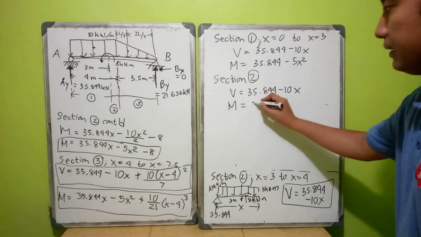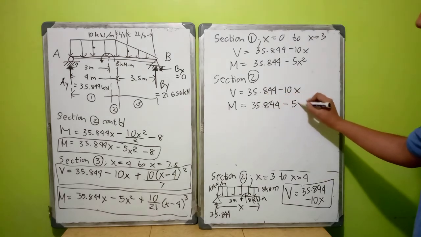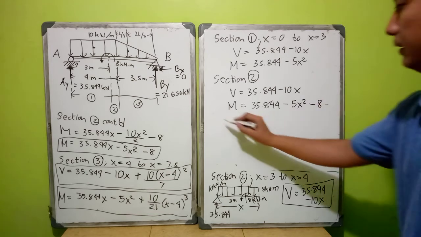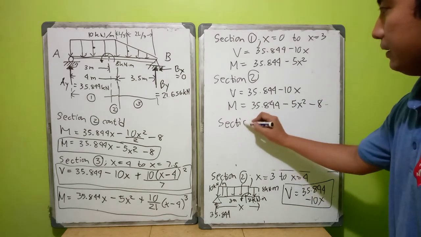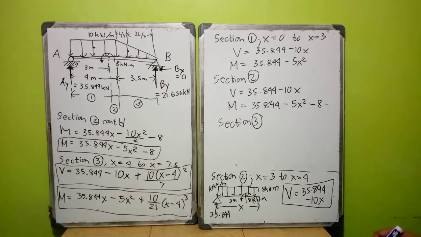Then the M is 35.844 minus 5x squared minus 8. And then section 3 is